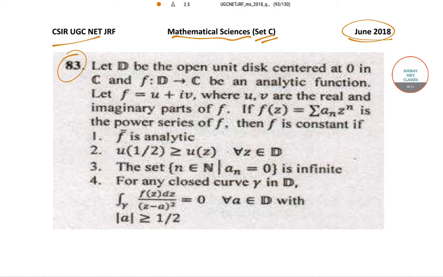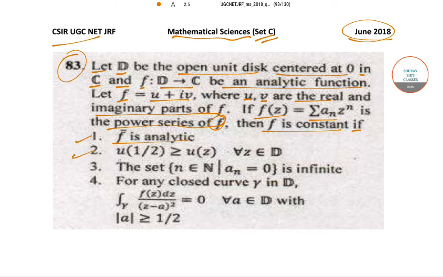In question number 83 it has been said that let D be the open unit disk which is centered at 0 in C and f which goes from D to C be an analytic function. Now it has been said that if f is equal to u plus iv, where u and v are the real and the imaginary parts of f, and if f of z is equal to summation a_n into z to the power n, which is the power series of f, then f is constant if option 1, f bar is